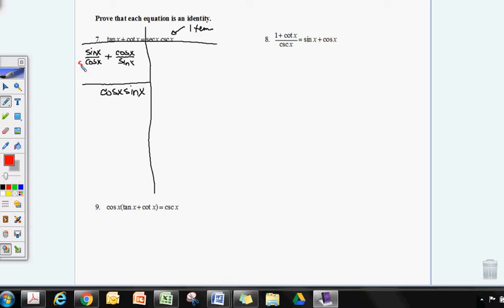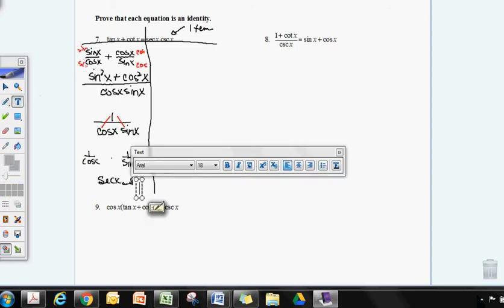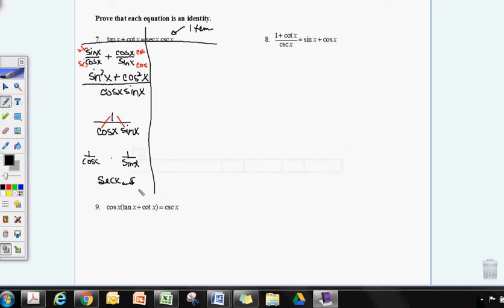Here, there's a term by itself. It's going to be multiplied by sine. Here, this is going to be multiplied by sine. And here, this is going to be multiplied by sine. So when I do that, I'm left with sine x plus cosine x all over 1. Guess what? I win! I got sine x plus cosine x. And last but not least, for the last problem,